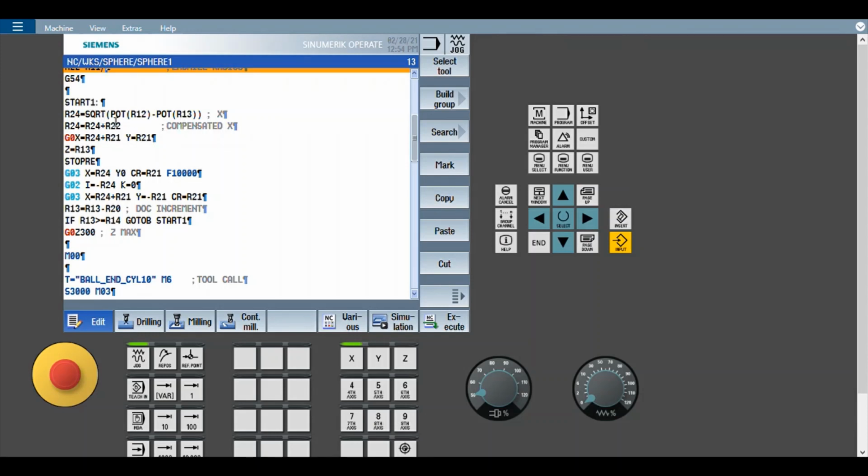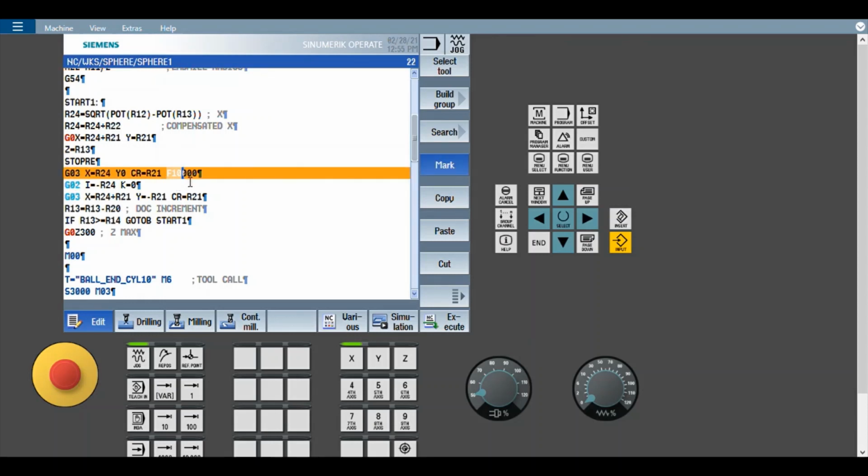With those two parameters you need to calculate the x. Then the x that is calculated is directly the point on the sphere, whereas you need to calculate the compensation for the tool. So here the compensation is applied, and then the tool is rapidly positioned and then radially engaged.